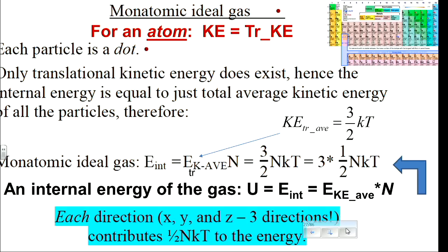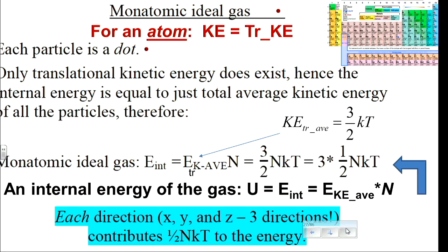Rotation about this axis doesn't matter. We should imagine that it's actually tiny, not a big thing. So this matters, this matters, this axis doesn't matter. And if we have three atoms or more, in that case, of course, they can travel in space and they can rotate about three independent axes. So that affects kinetic energy.